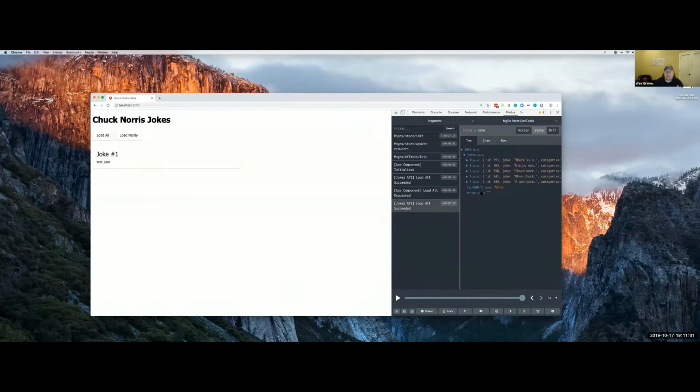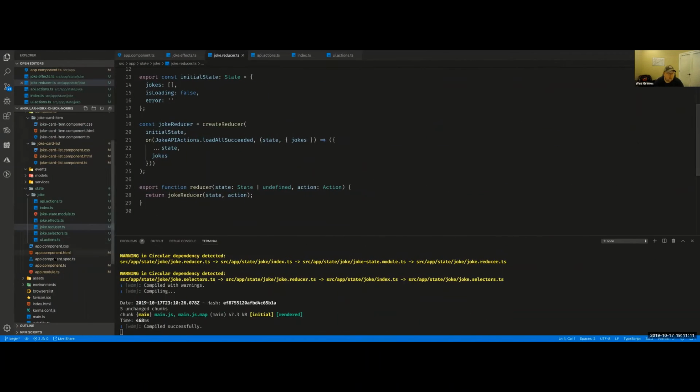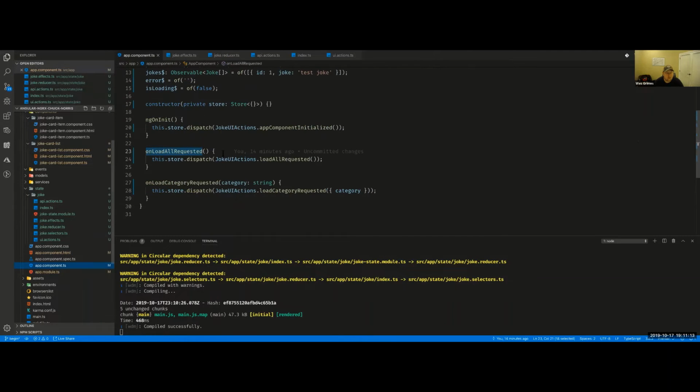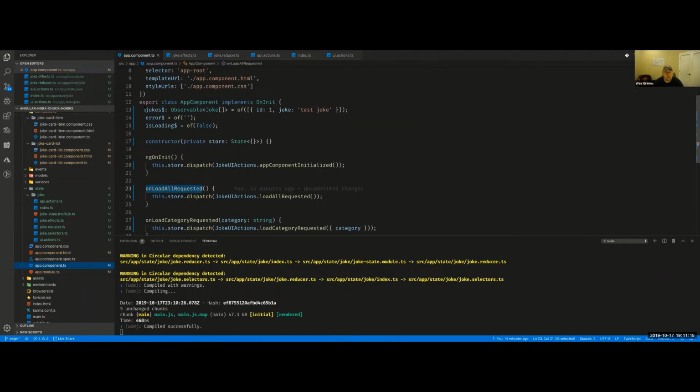you can see how that works. So then the last part in that cycle is, how do we then update our UI, right, to have that list of jokes? Well, if we come back to our app component, we have this observable right here, this jokes observable, and we're setting it equal to hard-coded. We want to pull that out of the store. And so we actually want to say